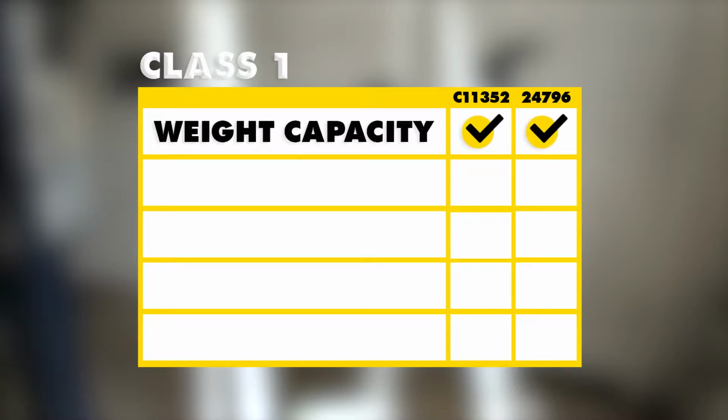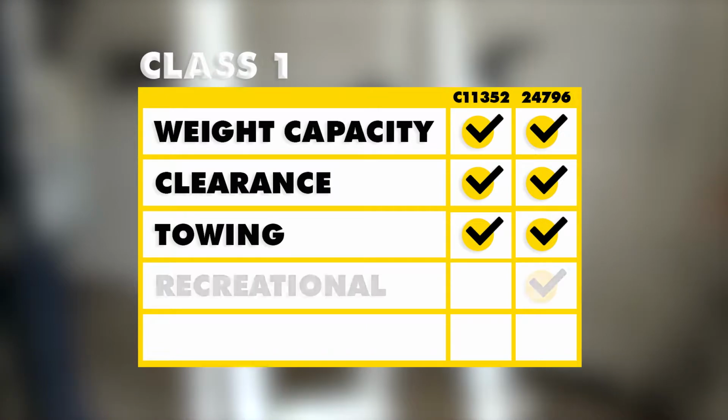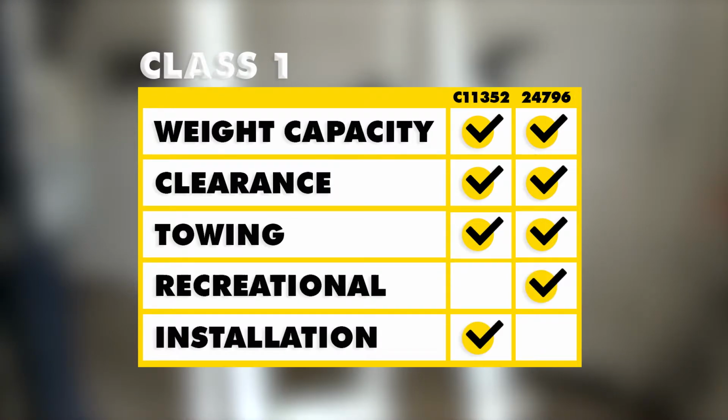In summary, our hitches will be the same in regards to weight capacity, clearance, and towing. Since the Draw-Tite doesn't need a stabilization strap, it has a slight advantage over the Curt. However, the Curt is going to be a bit easier to install. We hope this helps you with your hitch purchasing decision. And that completes our look at the best hitch options for the